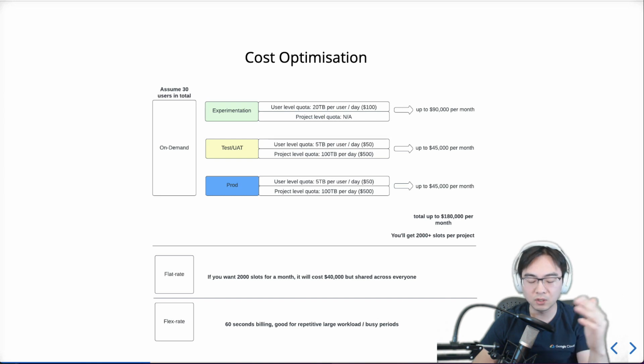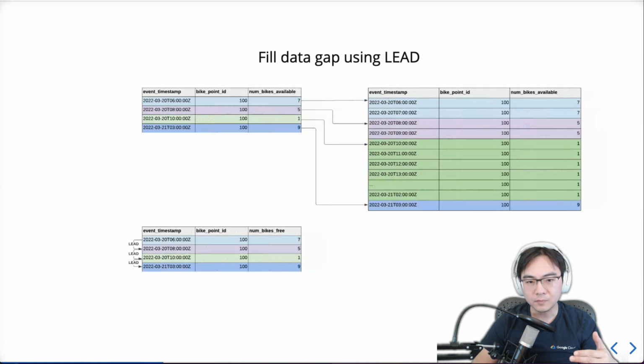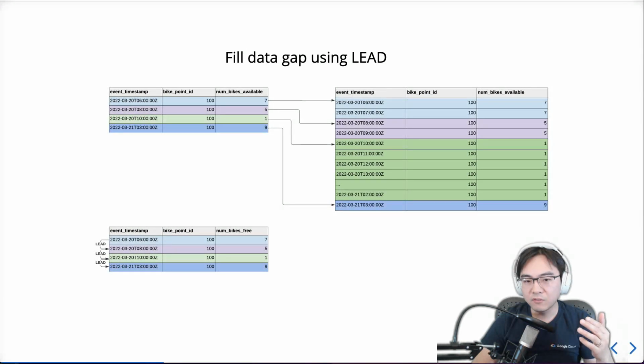You can use those. You can use all of them combined as well, or you can just prefer to use the flat rate. It's a bit easier for you. This video has described all of the different scenarios and how you would actually use different strategies to optimize your cost. There's a function in the window functions in BigQuery called lead, which you can use